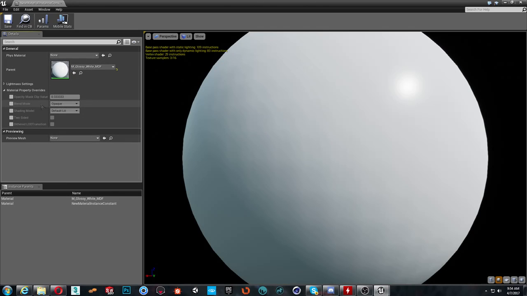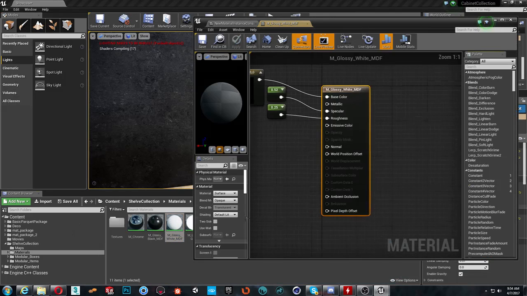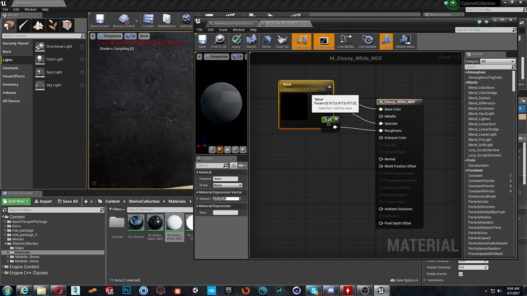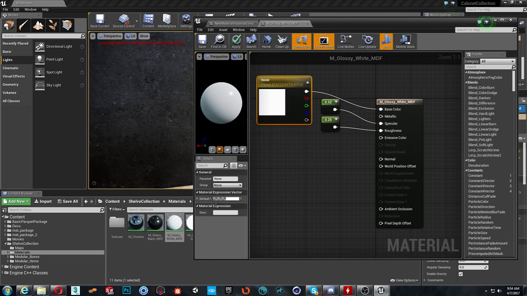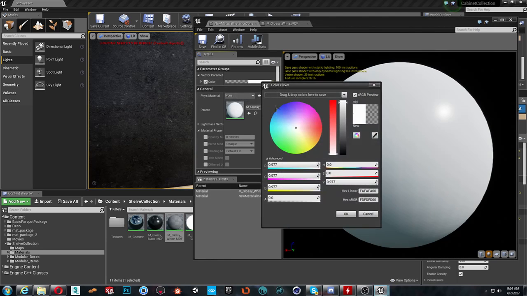And in here, you can change if it is two-sided, if it is a default lit, the shading model. But you also need to add in this white glossy material, you need to convert this to a parameter, as you know, so you can change it. Change the name to color. Let's apply it and save it. And when you get back here, you can see the color in here, so you can change the color to